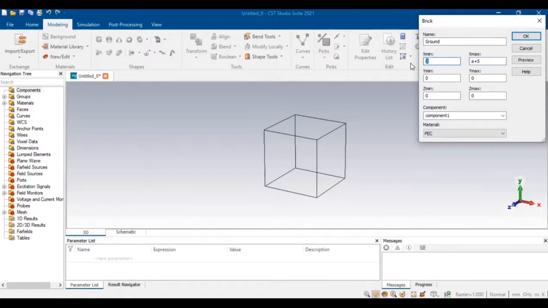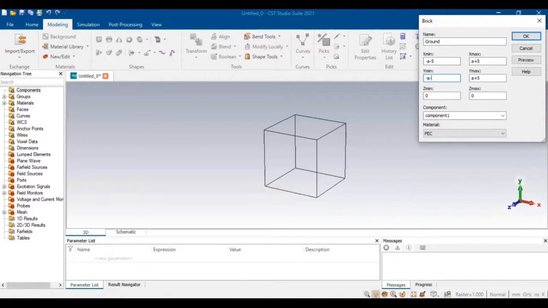Similarly, you can use minus a and add the 5 mm gap on the x min side. For y max, it will again be a, and I would like to add a distance of 5 mm in substrate and ground. While along y min, we will define the feed line as well, and I have to add the inset brick as well. So it will be minus a, and then I would like to add